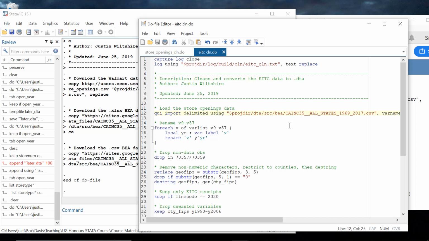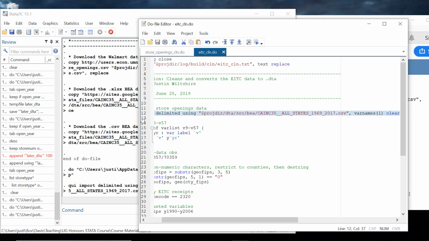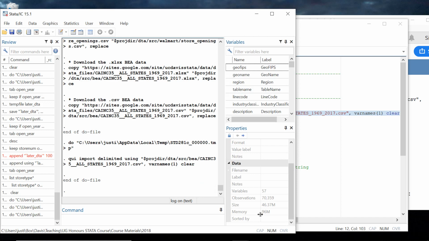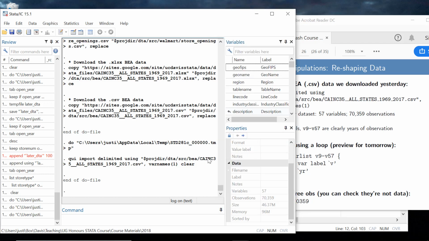Let's make sure that we've got this. Have you guys all managed to type this out? This is quietly import delimited using, and then it calls the CSV file, comma varnames(1) clear. Do that, and it should load the data. It might take just a little bit to load it. You can see Stata's working in the background, and now it's done. If that is working for you guys now,